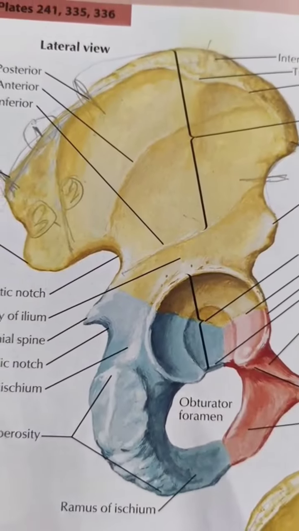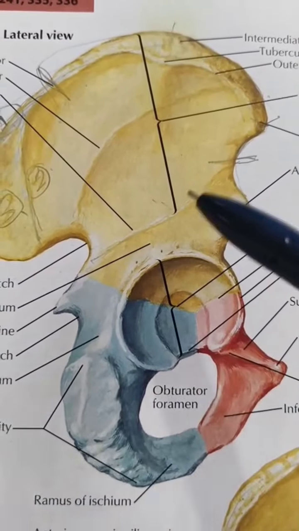And see, the hip bone is formed of 3 parts: ilium, ischium,